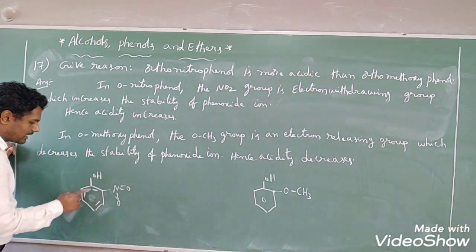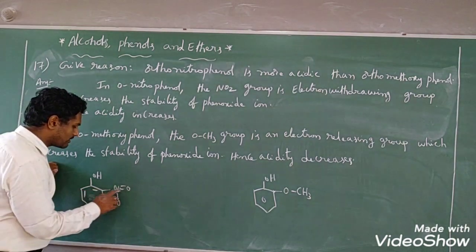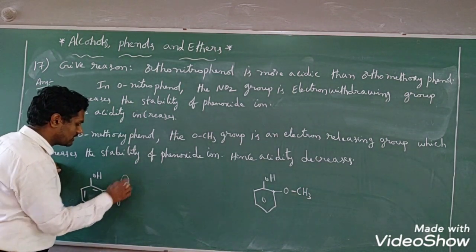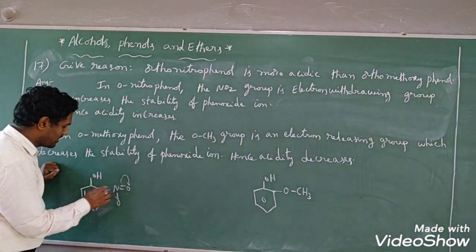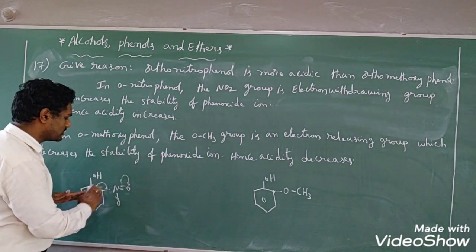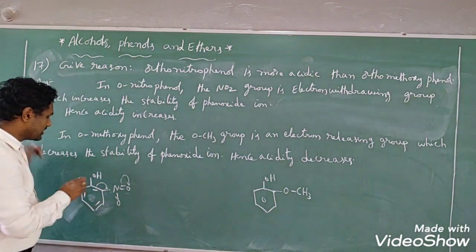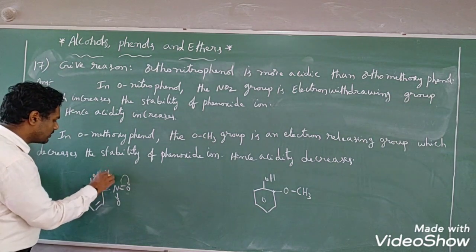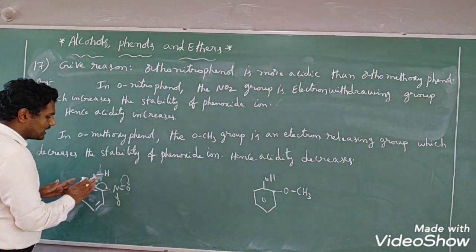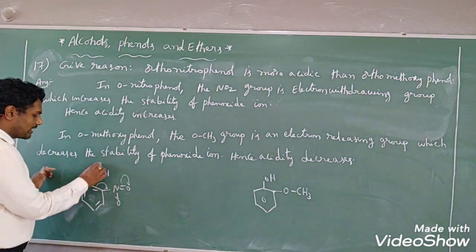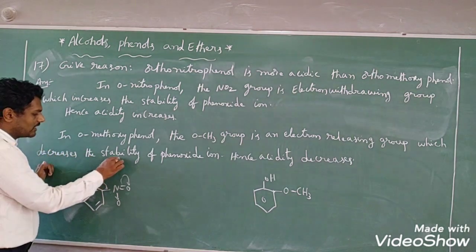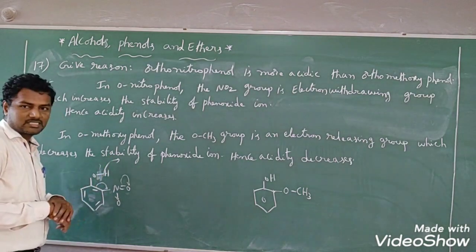Inside the ring there are alternate double bonds present, right? Among nitrogen and oxygen, oxygen is more electronegative. So shifting of electrons takes place towards the more electronegative atom. Automatically this migration of pi electrons will take place away from the benzene ring, that is towards the NO2 group. Then the O-H bond cleavage easily takes place, because the pi electrons move towards the NO2 group, away from the benzene ring. This oxygen always tries to attract the shared pair of electrons towards itself, and it releases the H plus ion easily.